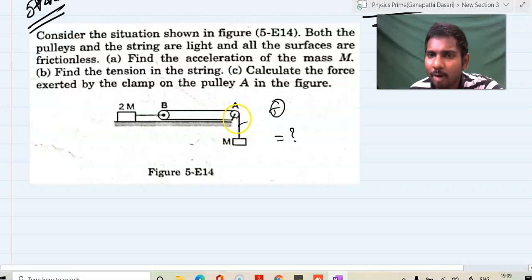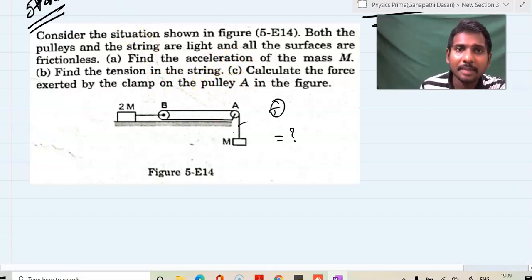Calculating the clamp force, we have already studied it in the previous questions. The net force on the pulley should be 0. Then we can find out this clamp exerting force. Then find the tension in the string, and the acceleration of the mass. So here an important thing is,